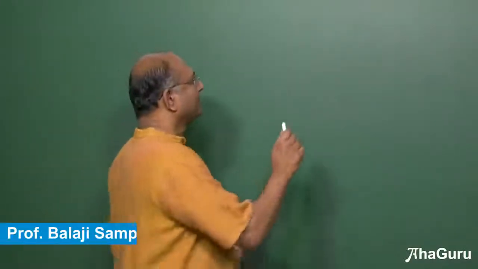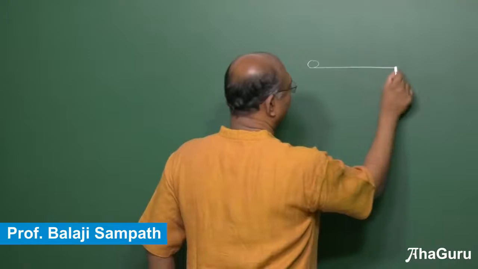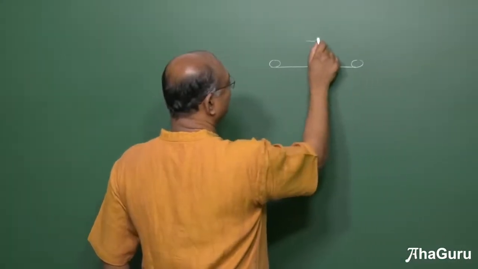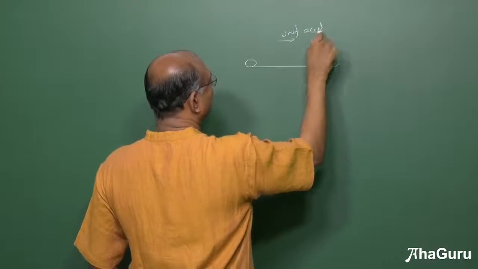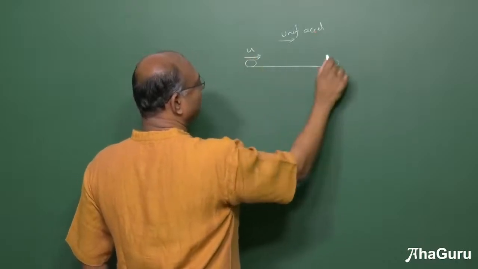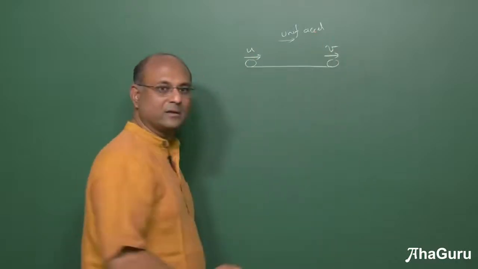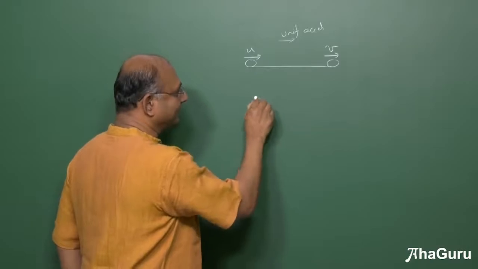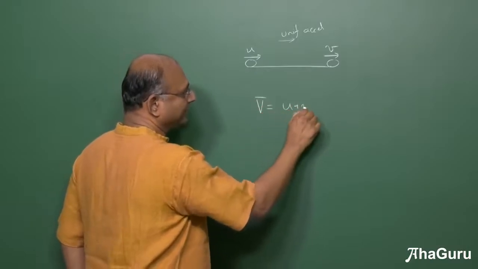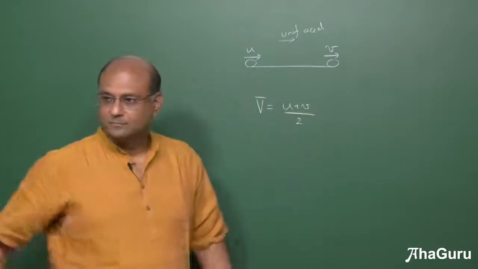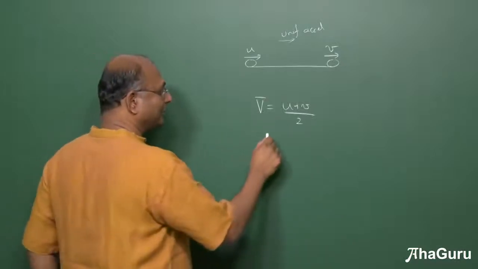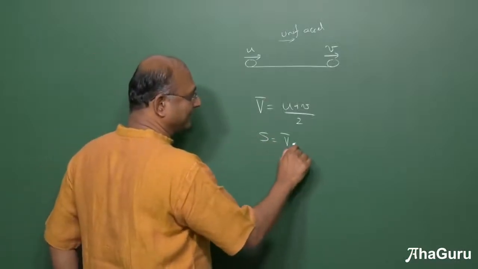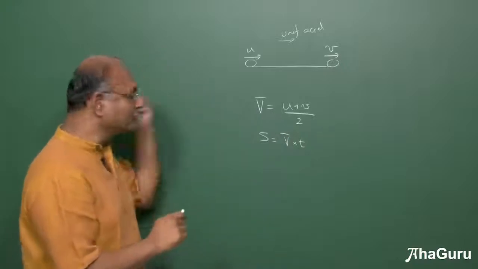We have been using this idea of average velocity. So for example, if I have an object that is accelerating uniformly, so this is uniform acceleration, then if this is u and that is v, you know that average velocity is how much? U plus v by 2. We can use this to find displacement. We have been doing that a lot. So we have been saying displacement is average velocity into time. And so we use this quite a bit.